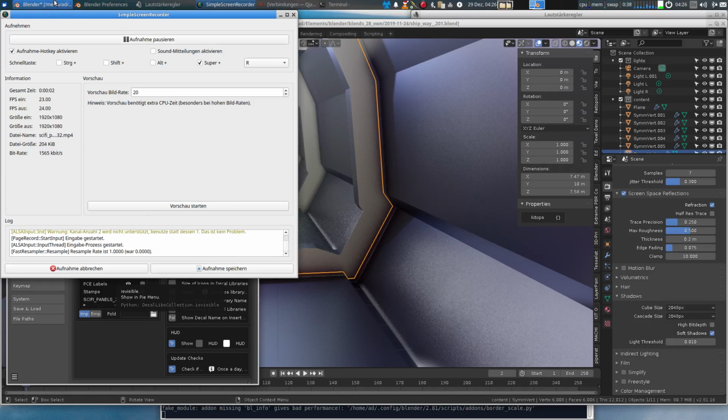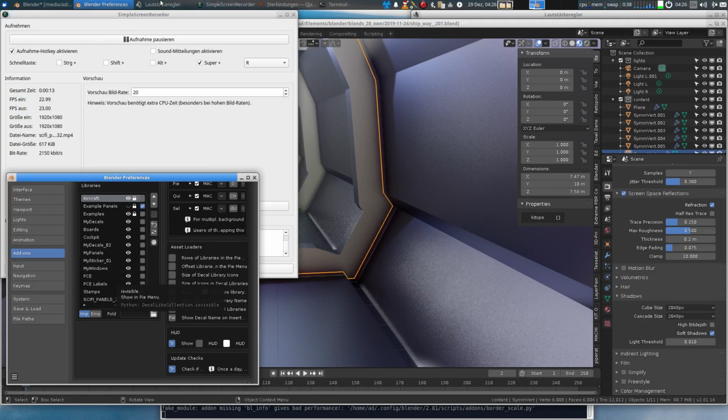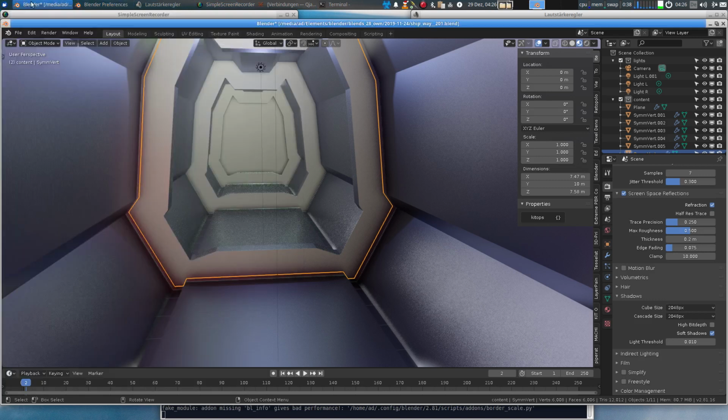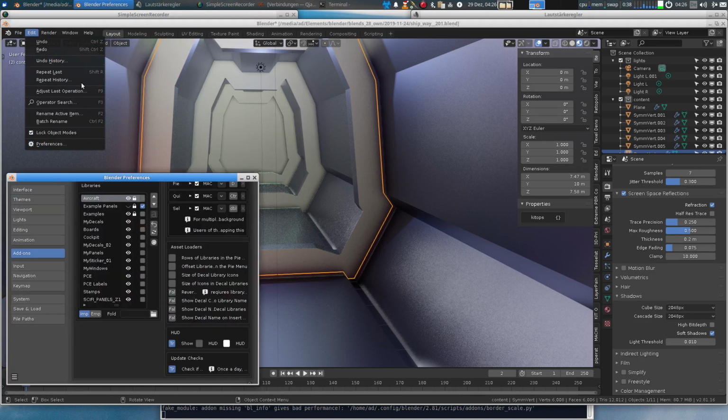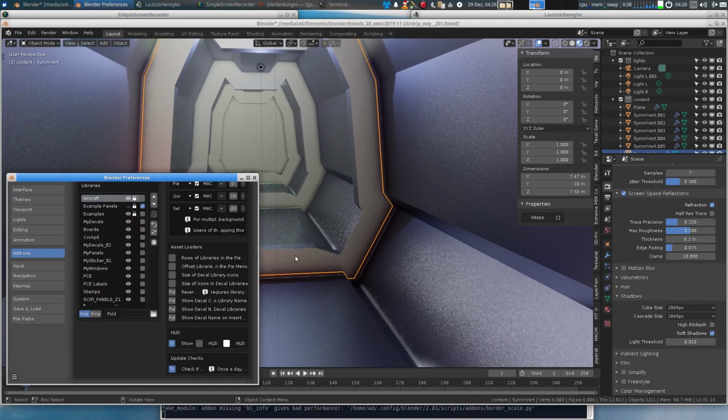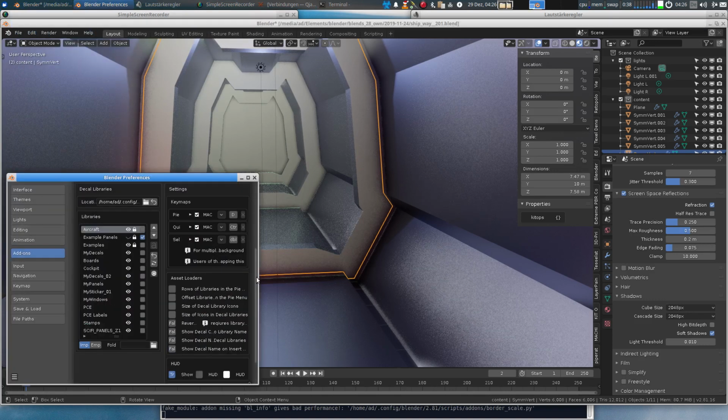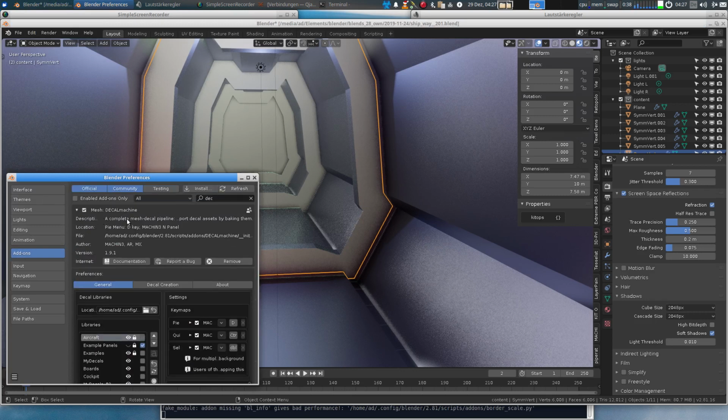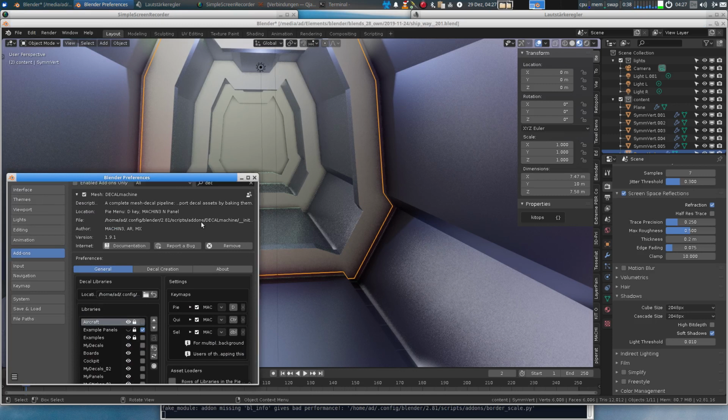Welcome. This is a short introduction for my decal panels for the add-on decalMachine. decalMachine is an add-on for Blender. If you go to Blender and go to Edit, Preferences, and then to the add-ons folder, you can search for the decalMachine if you have installed it. This add-on is not by me, but I made this